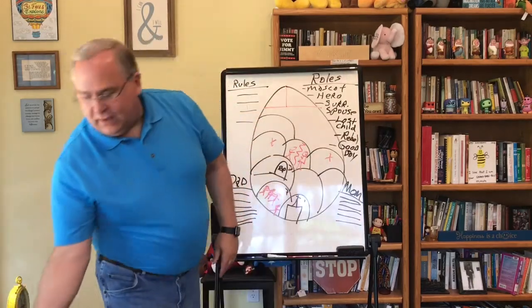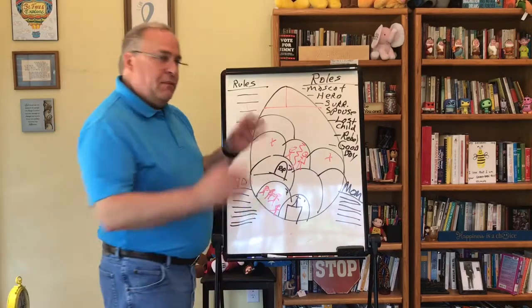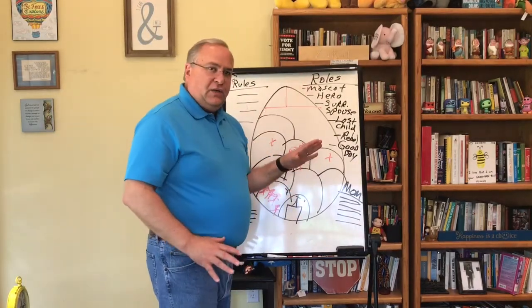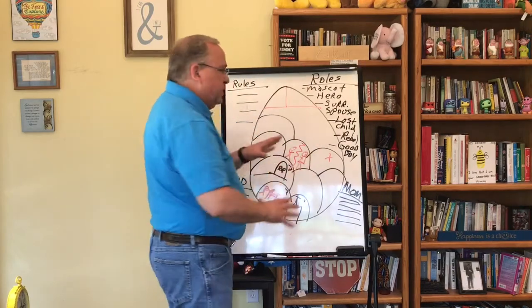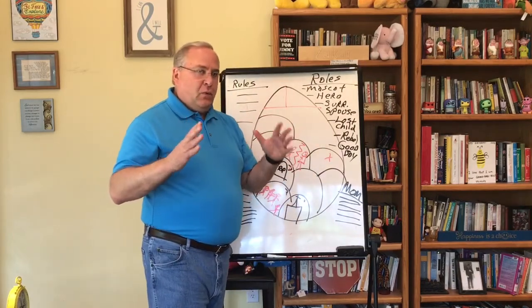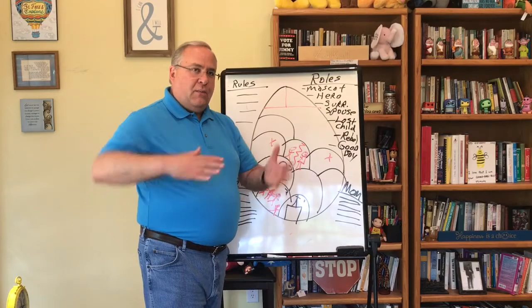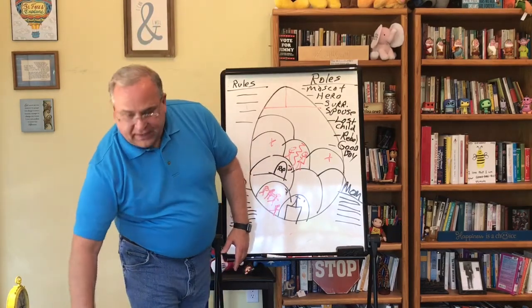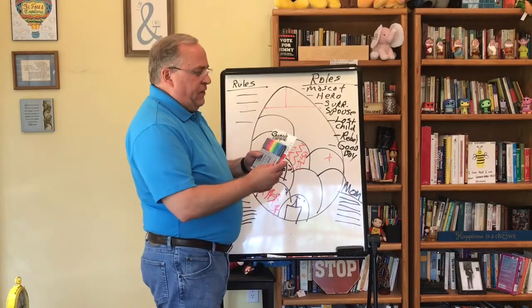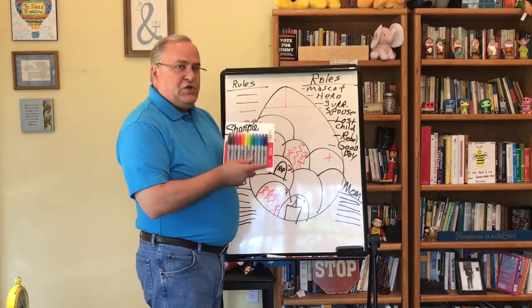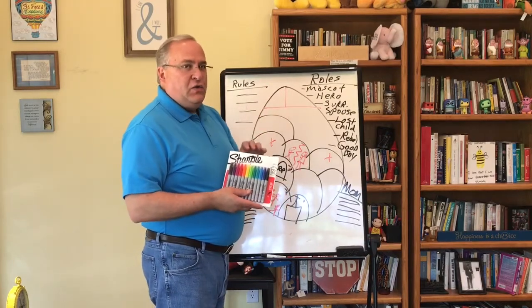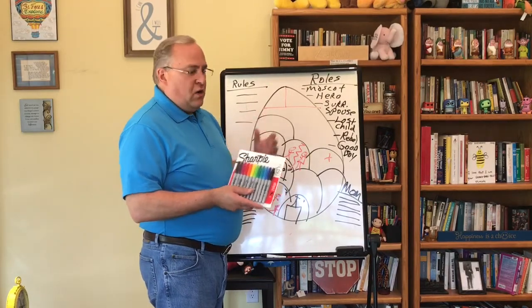Here's how I do it, and I'm going to allow this to be, for just a moment, an example of what it looks like to do a trauma egg. This will be my poster board. So you want to go out and get the poster board wherever you get at your office supply place or Walmart, and do it where it is portrait, not landscape. You also want to get a pack of these. You can get the one that's about 3 or 4 in a pack. Different colored Sharpie markers that you use to draw your trauma